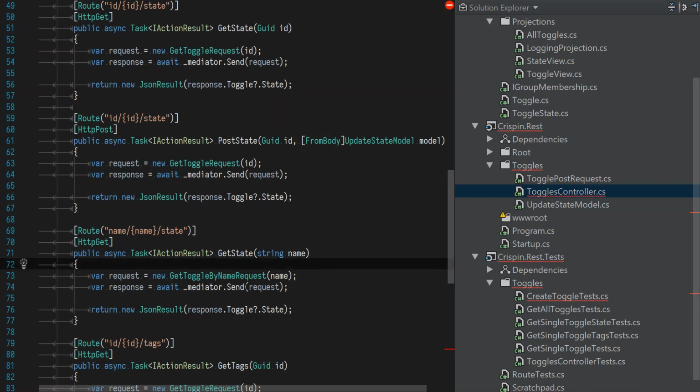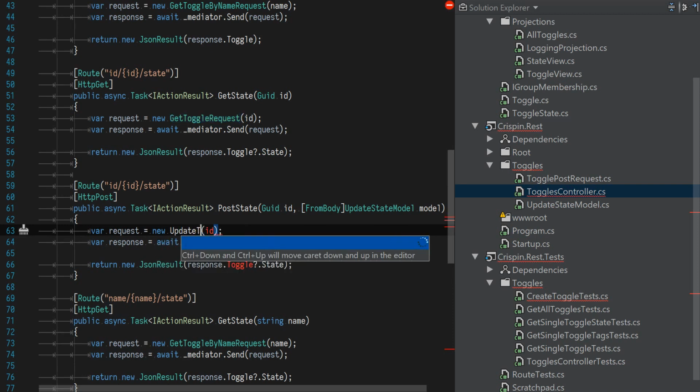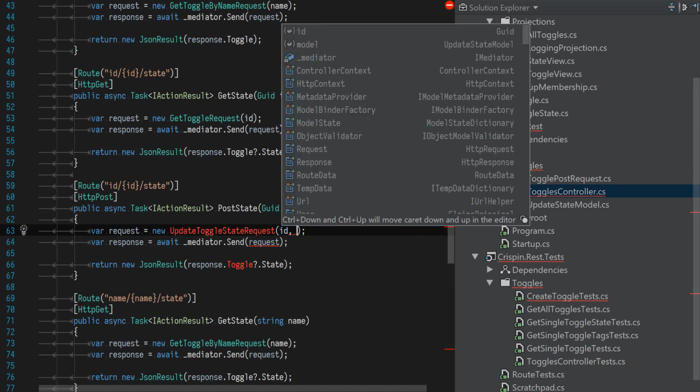Name state post from body. So here we're going to not have a get toggle request, but an update toggle state request. That's going to take an ID and